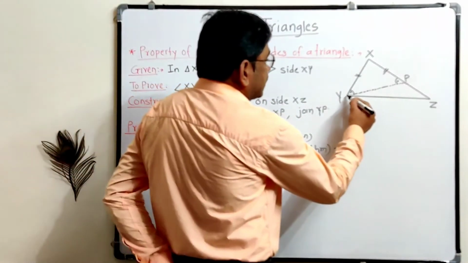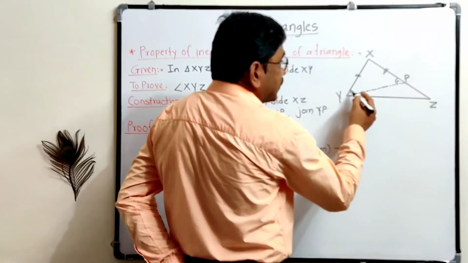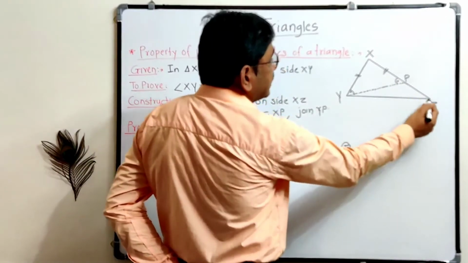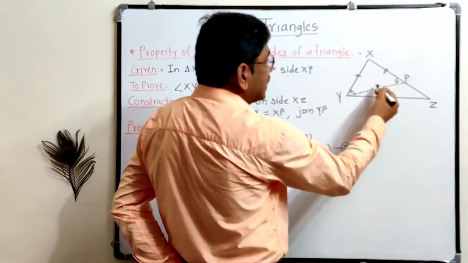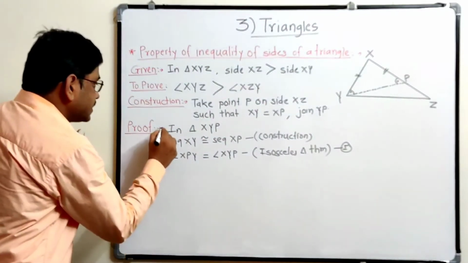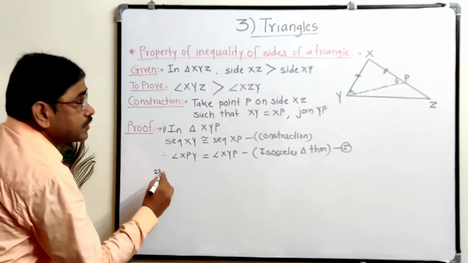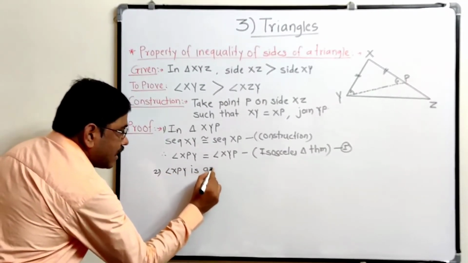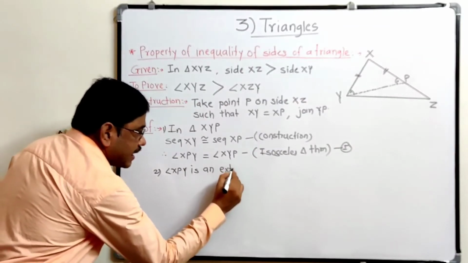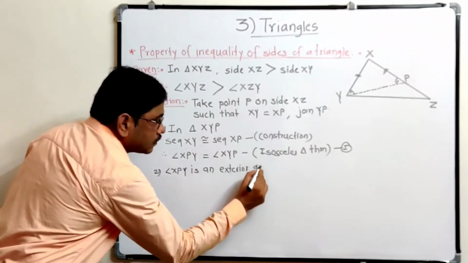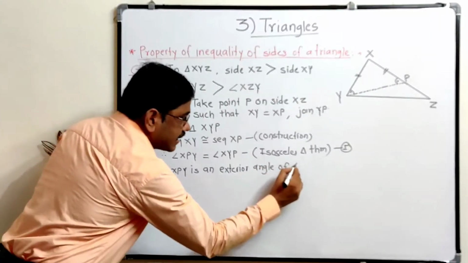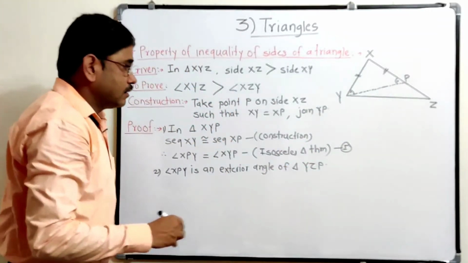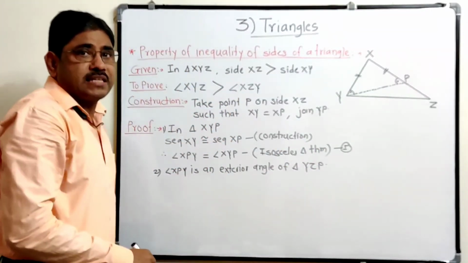Now if we observe the figure, this triangle XPZ is there. So this angle XPY is an exterior angle of this triangle. Exterior, ये side अगर increase किया तो ये angle मिला. That means it is an exterior angle. So next step, this is the first point. Second step, angle XPY is an exterior angle of triangle. Which triangle? YPZ or YZP. Triangle YZP.